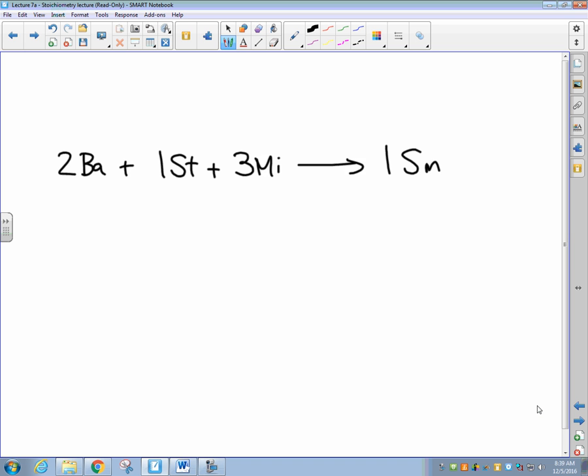Let's say here, folks, that I was going to go to the store and I pick up 36 bananas. The question I have for you is, if I buy 36 bananas, how many milks am I going to need to buy in order to use up all 36 of those bananas in making my smoothies? Okay. So the idea is as follows. Recognizing that from my balanced chemical equation, I know that there is a ratio of 2 bananas consumed to every 3 milks consumed. If I start with 36 bananas and set up a